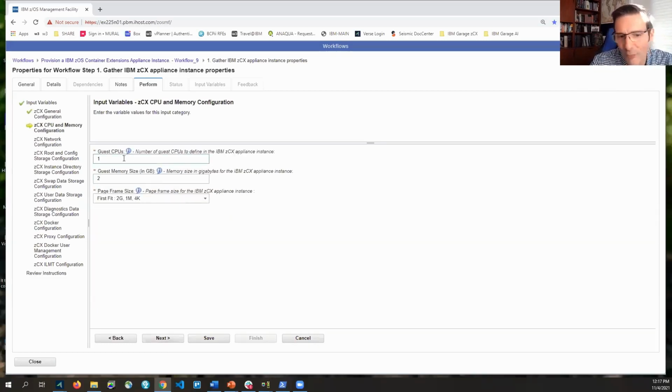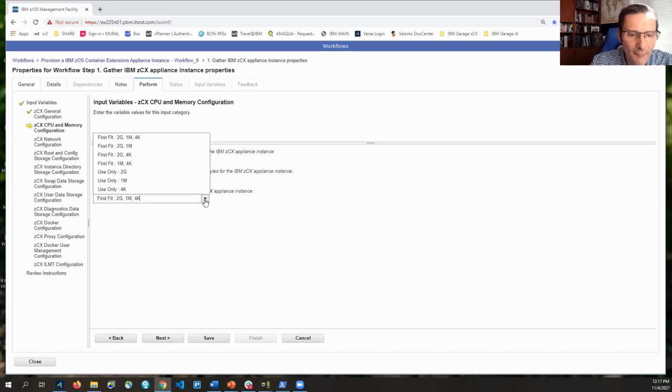We said at least 2. I'm just going to say 1 here, but you certainly could say 2. We recommend at least 4 here. I'm just picking a very small number, the absolute minimums that they allow. And then here's the page backing of how I want the pages that are related to this memory to be